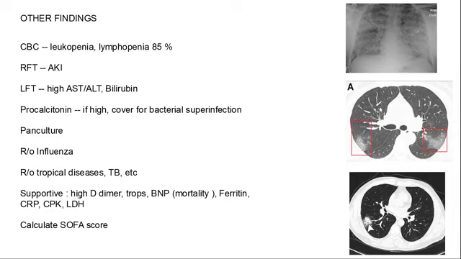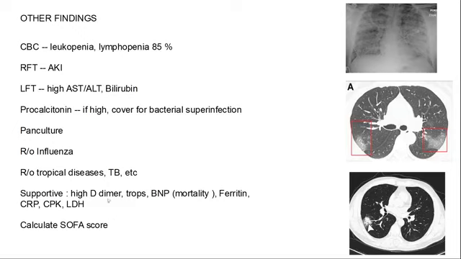And also for COVID-19, since it causes cytokine storm and inflammatory problems, we want to check different other parameters like high D-dimer, TROPS, and BNP. Usually these three biomarkers are associated with higher mortality. And you can also check on ferritin, CRP, CPK, and LDH. And also you can do SOFA score calculation. Higher SOFA score has been associated with higher